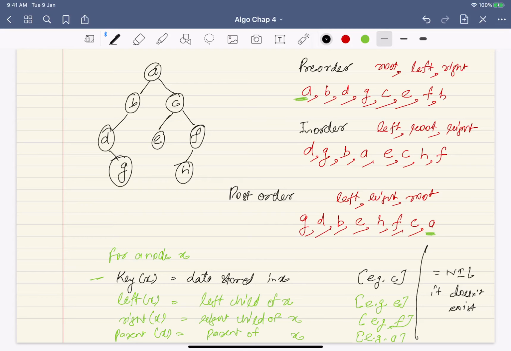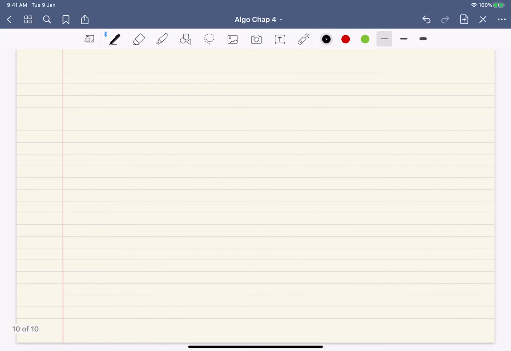So now in terms of these, suppose I have this information, can I write what will be the pre-order? How will I do a pre-order? So in this traversal, suppose you are doing pre-order traversal, what will be the input? Input will be simply the pointer to the root node. So suppose x is the pointer to the root node. Now you have to do a pre-order traversal. Okay, so let's say I have to write a pseudocode for that. So what is pre-order traversal? Remind ourselves again. So you will do root, left, right. Okay, and what is left and right? This is again recursively you are calling pre-order.